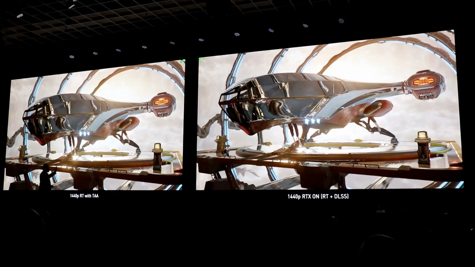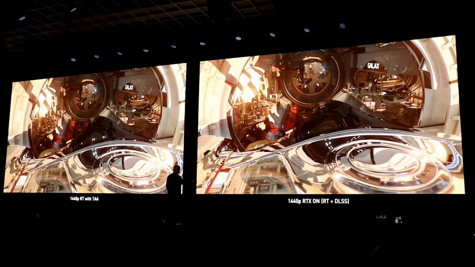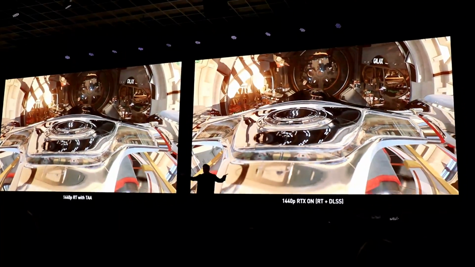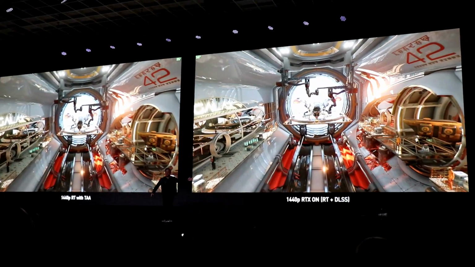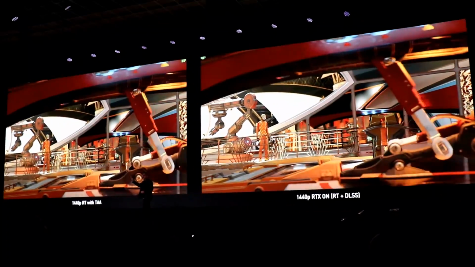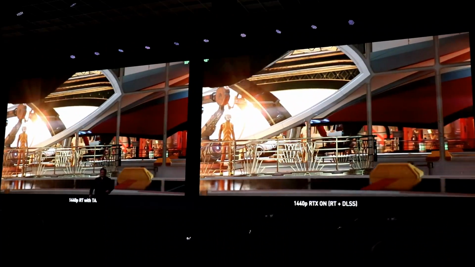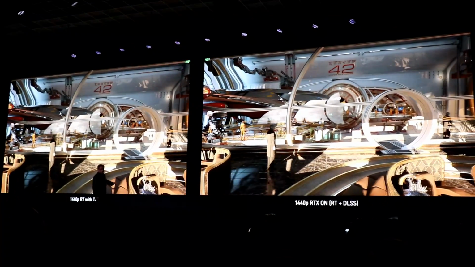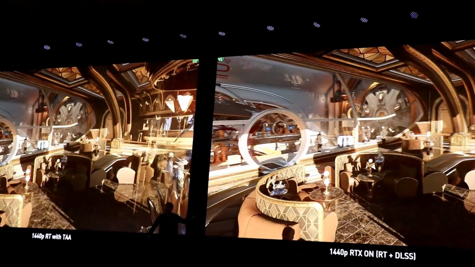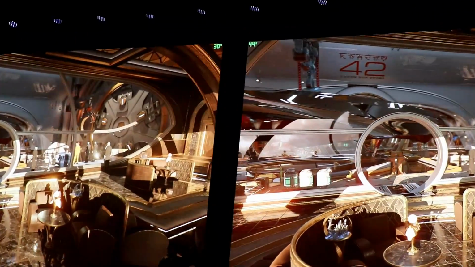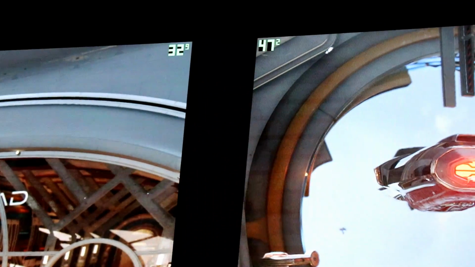On that side, on your right, is RTX on with ray tracing and DLSS. Both sides are ray traced, both sides are 1440p. This one uses DLSS, and this one uses state-of-the-art anti-aliasing technology called TAA. I want to bring your attention to two small numbers up on the top. Not only is this image more beautiful, more crisp, it is also running at a higher resolution. Exactly the same GPU. Does that make sense?